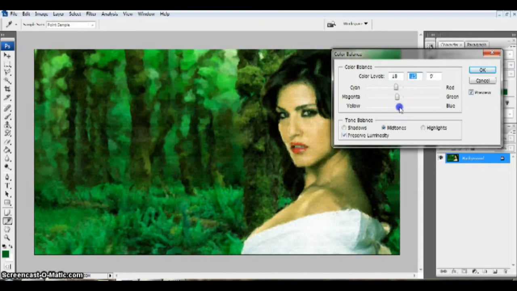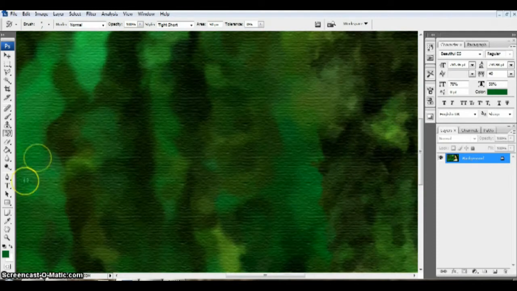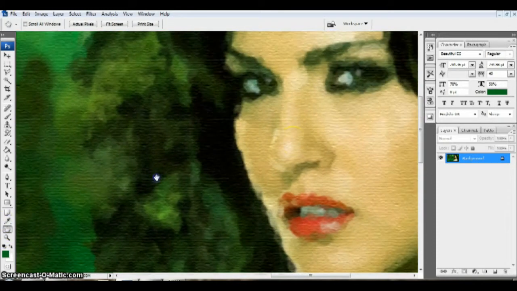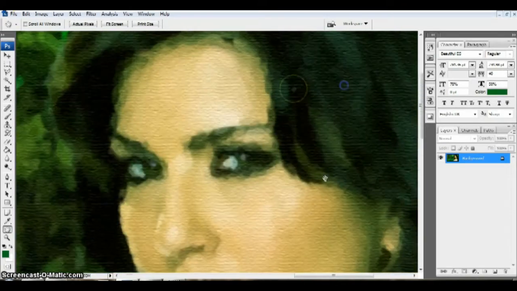When you're using watercolors, you don't have too many colors in it, so I'm trying to reduce the range of all the colors and bring them to almost single, or fewer, shades visible. I think this much is good enough, and there you go, you have your digital image, which has now been converted into a painting.